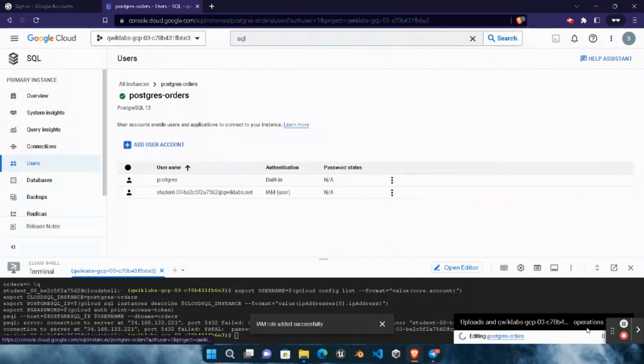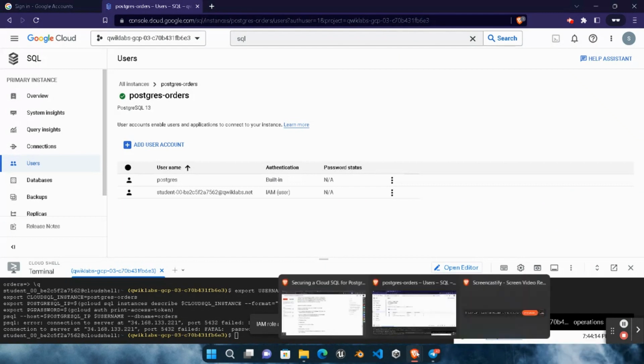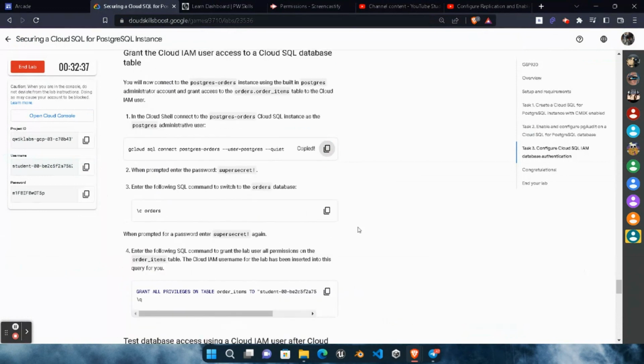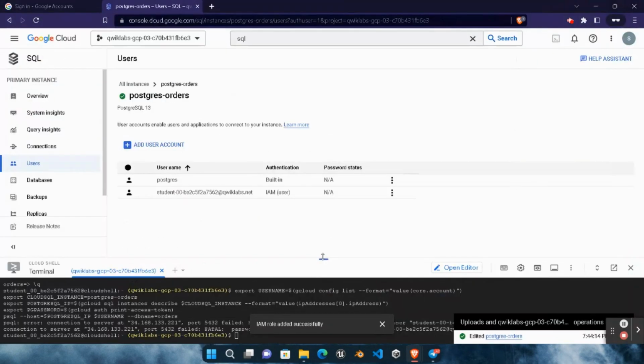Yeah, it will take 1 minute. So I will skipping the video. After 1 minute, it will get a green tick. As you can see, we get a green tick. It takes 1 minute hardly. So what you need to do, come back to here, scroll down, copy this code, come back to here, maximize